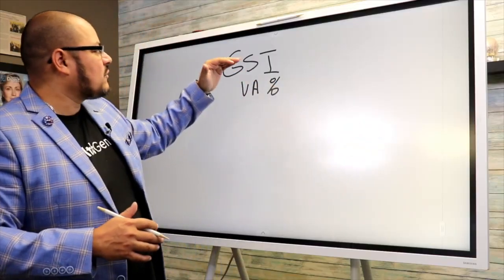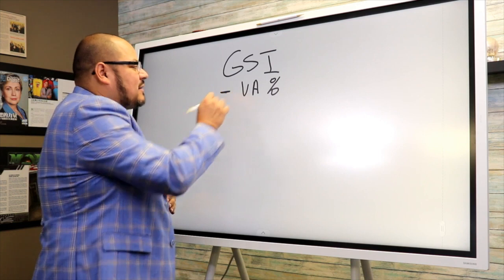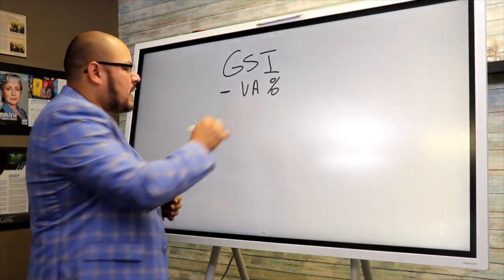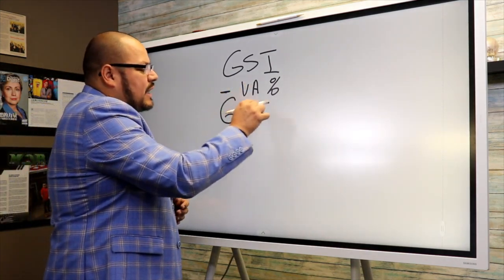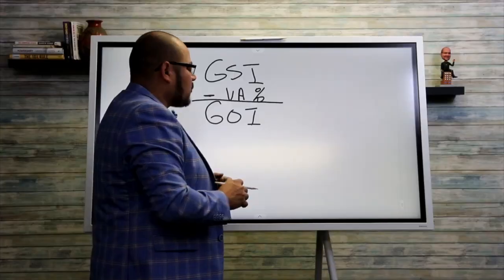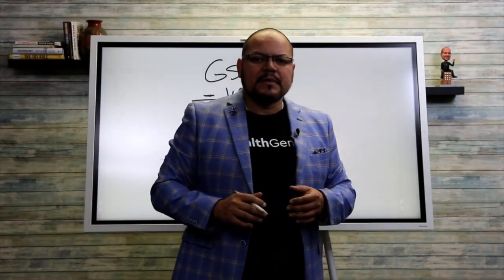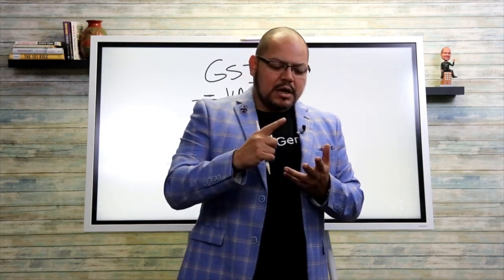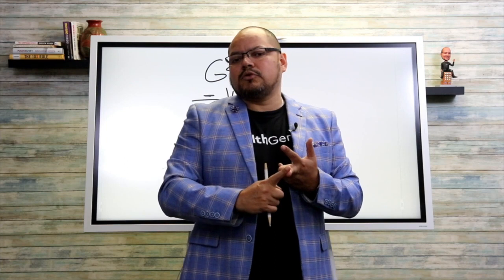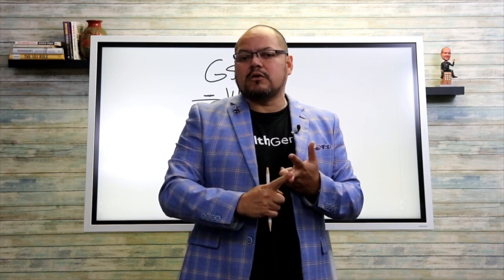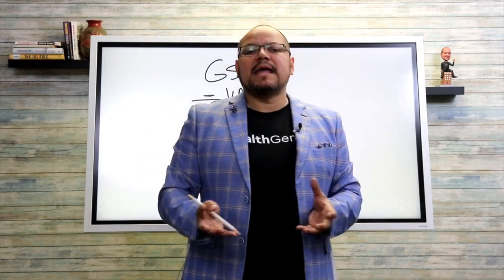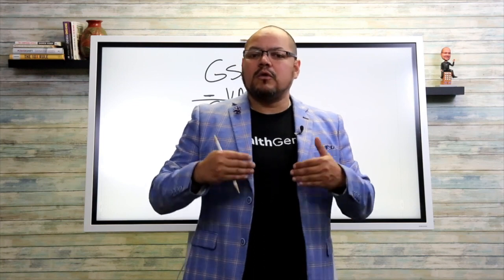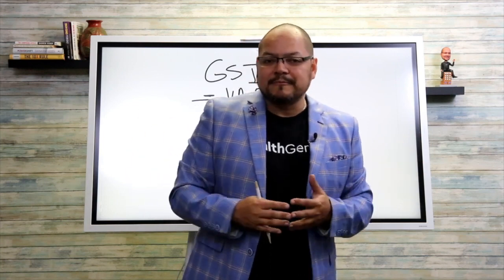Once you have the gross scheduled income and you've subtracted the vacancy, you're going to have your gross operating income, okay? And this may include laundry, parking, maybe you're charging for some storage lockers, all of the operating income that you have in order to manage and operate that property.